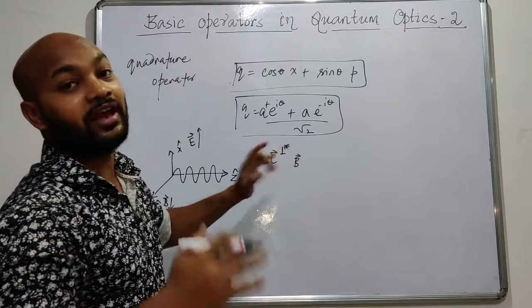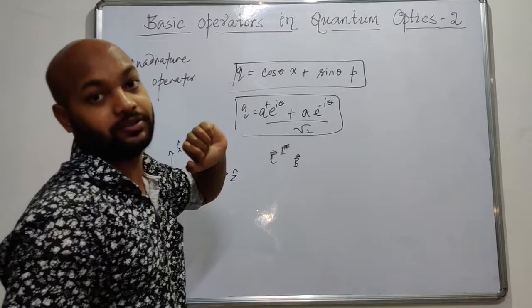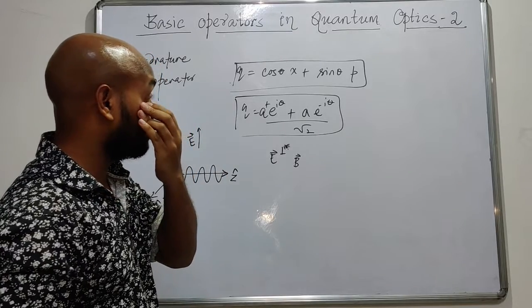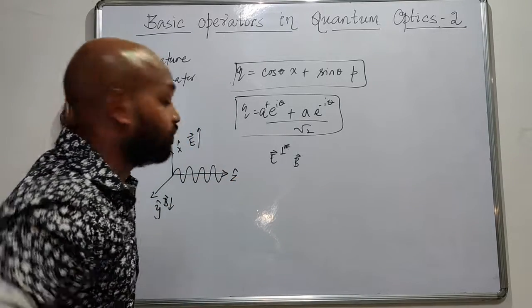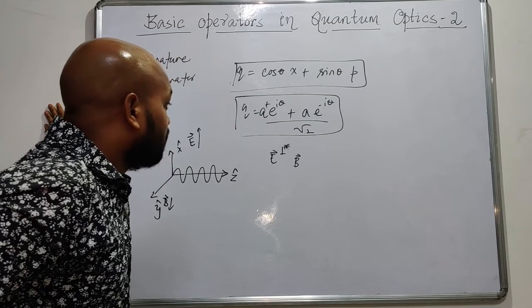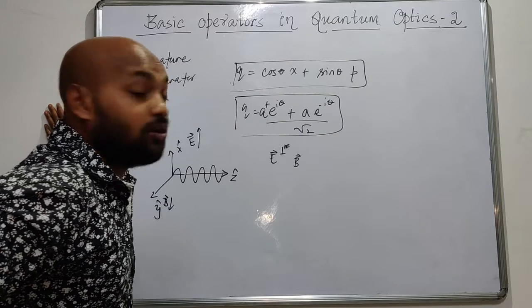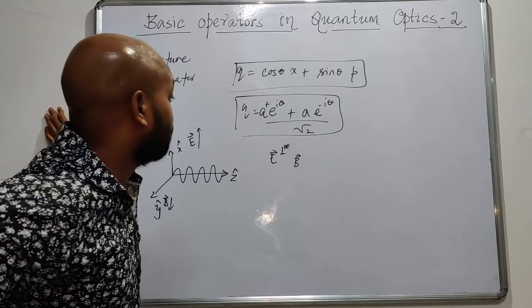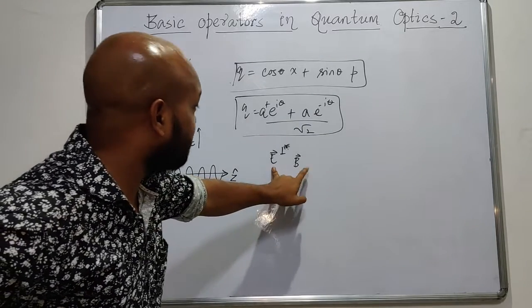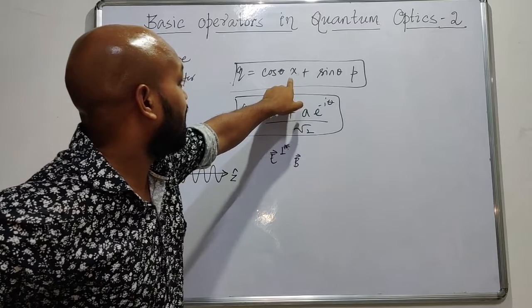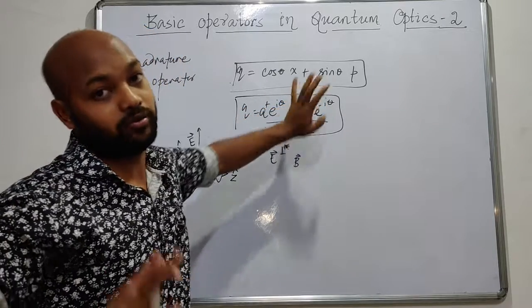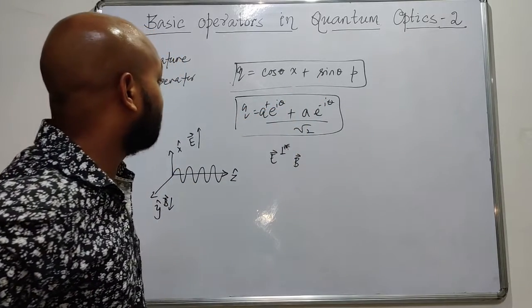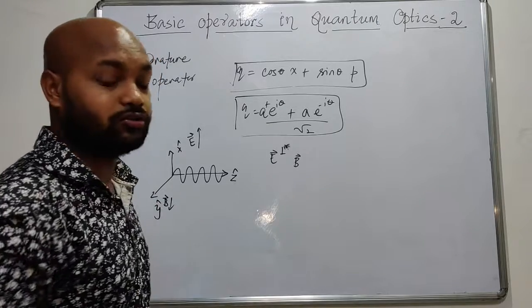And this is exactly analogous to this x and p in your classical reality. Of course, E and B are also classical, but we are putting them in the quantum context now because we will be studying quantum optics. So E and B are just the x and p in our quantum optics. Alright, so x and p would represent E and B, and they are indeed conjugate variables.